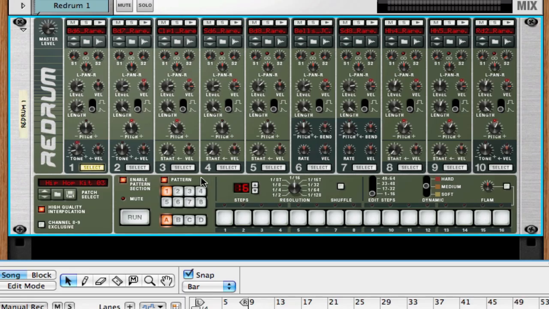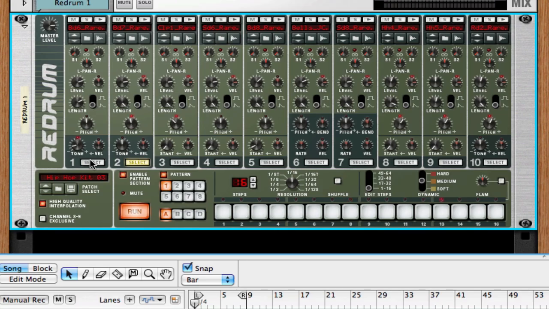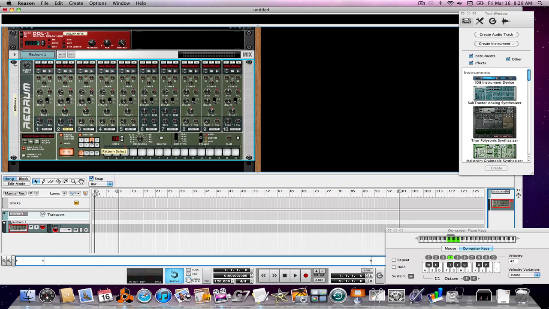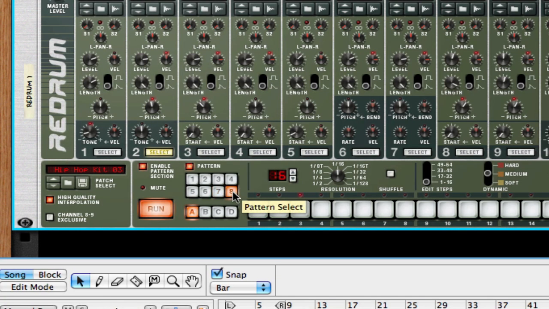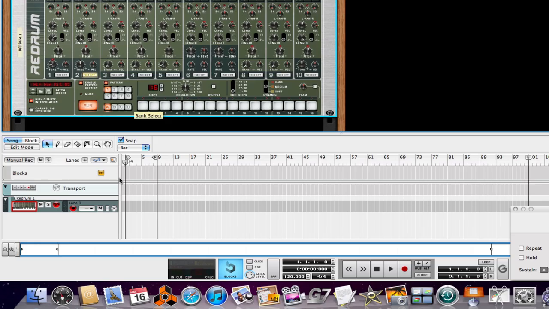A1, or you can use this thing called the programmer, which is a step sequencer, kind of like a bouncing ball for each individual drum module. And the pads light up and you can press on those. All the drum modules will be synchronized. And you can store all those drum beats, here 8 different patterns within 4 different banks, giving you a total of 64 different beats. You can of course copy the pattern to track so that you have it down here